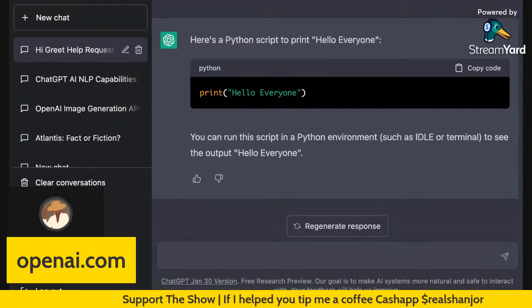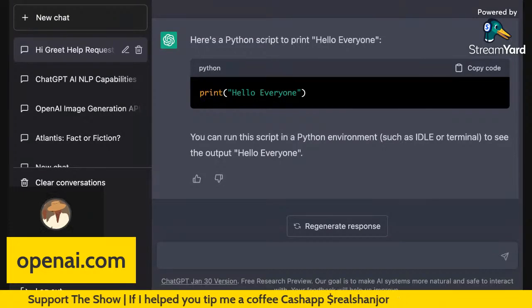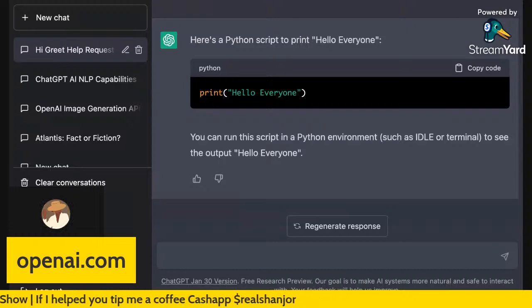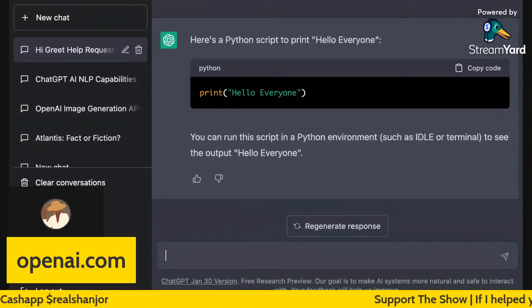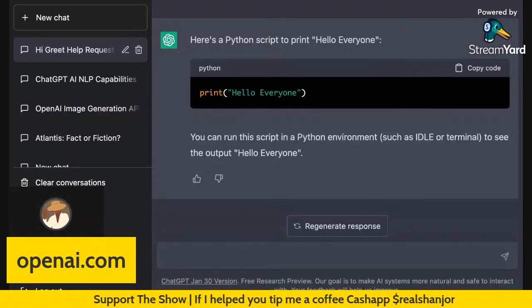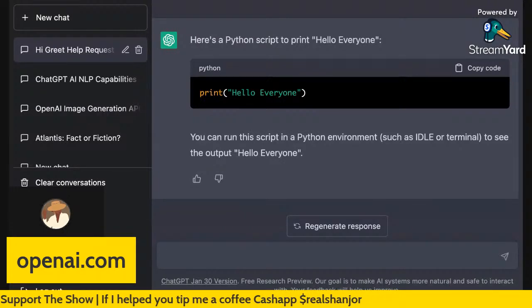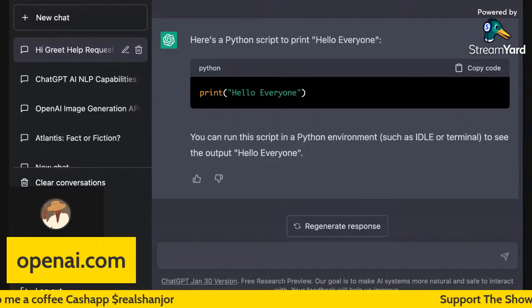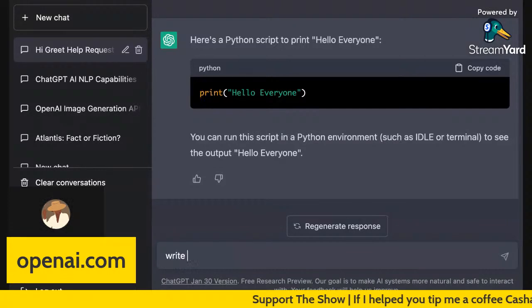So I want to do one last thing and then we're leaving. I want to show you guys something, because I love Twitter. Twitter's probably one of my favorite apps. As you guys know, I have like three Twitter accounts. But let's say I want to write a tweet. I want to write a thread. Let's do a quick thread. Let's do AI. Hey, write a Twitter thread